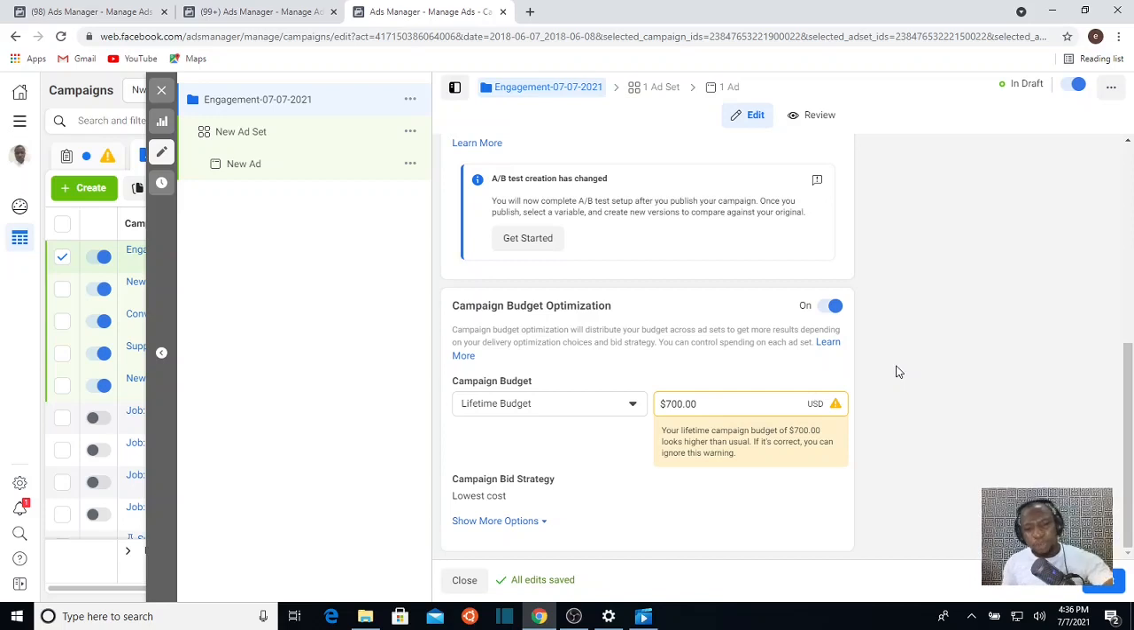Now, the difference between lifetime budget and daily budget is this. After creating your ad, you specify your audience. Your audience is basically the kind of people you want your ad to be shown to by Facebook. Now, if you are using a daily budget, Facebook is going to do everything possible to make sure that they max out your budget every day. That's to make sure that they finish your budget every day. And by so doing,